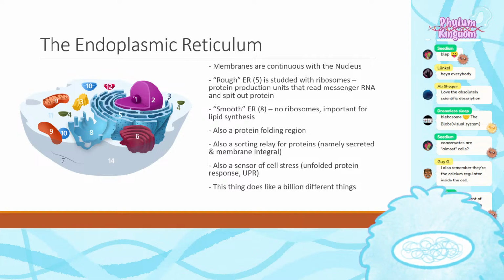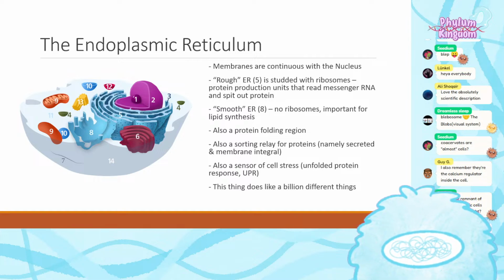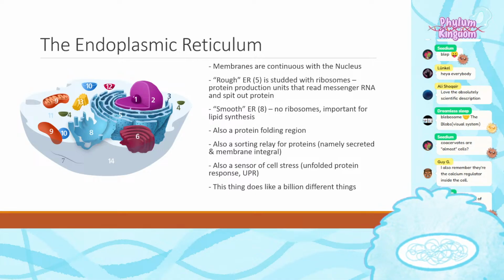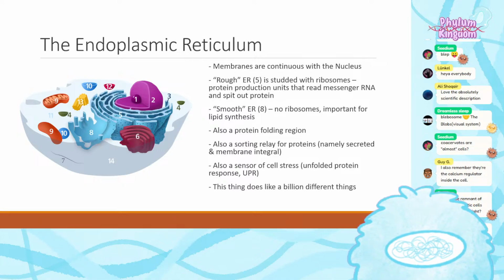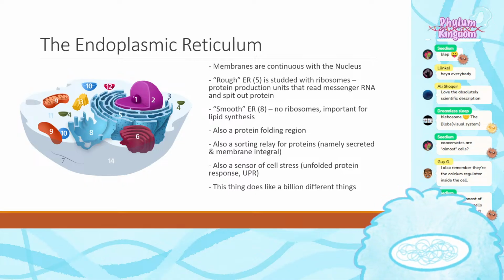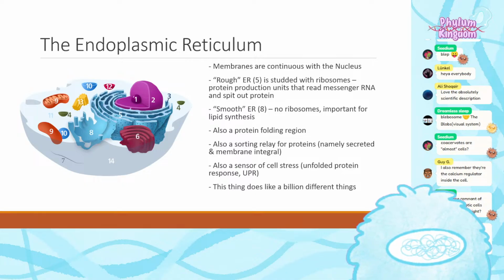Are there also ribosomes in the cytoplasm or just the rough ER? There are also ribosomes in the cytoplasm. They do not have to be in the ER, and we'll actually talk about that later on. Are those remnants of when eukaryotic cells first appeared? I'm not entirely sure what you mean by that, Seed. Or are you talking about the coacervates, which I don't actually know too much about?